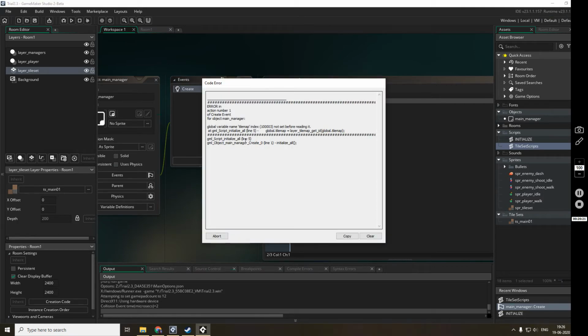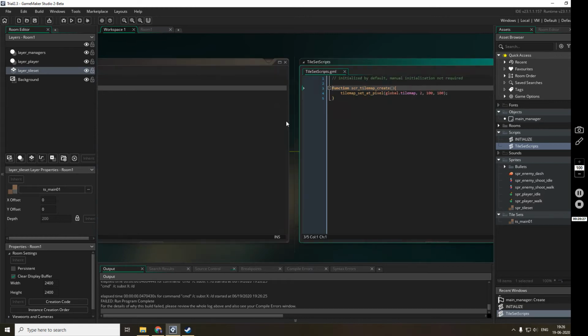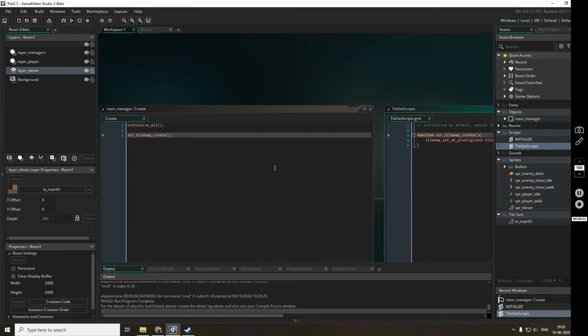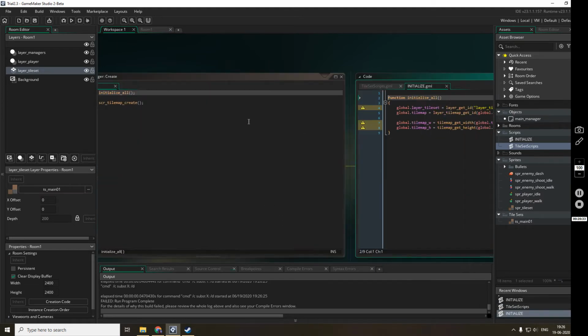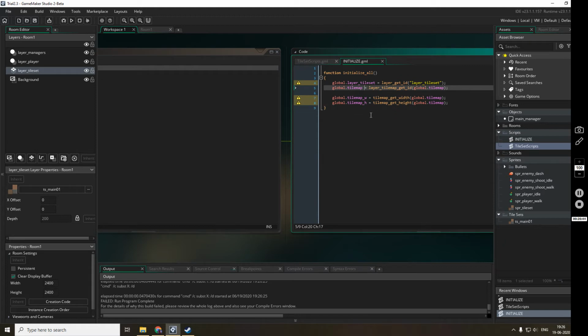Okay, global tile map index not set before reading it. Why is it angry with me? Oh, I have called the function, so there should not be a problem. Global.tilemap, layer tilemap get ID, layer tile set.